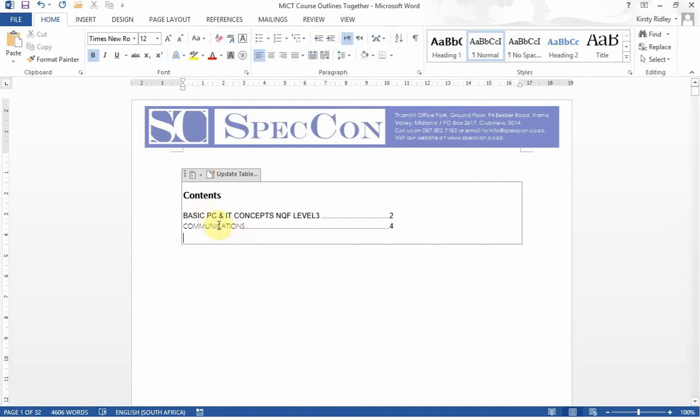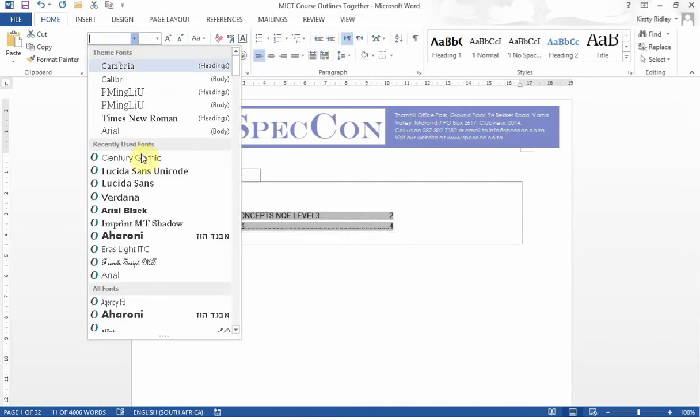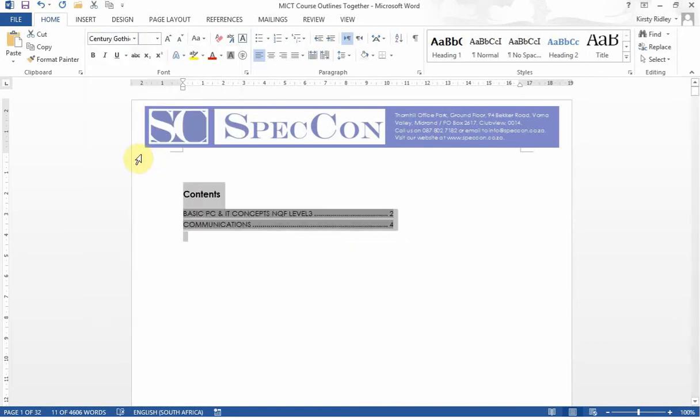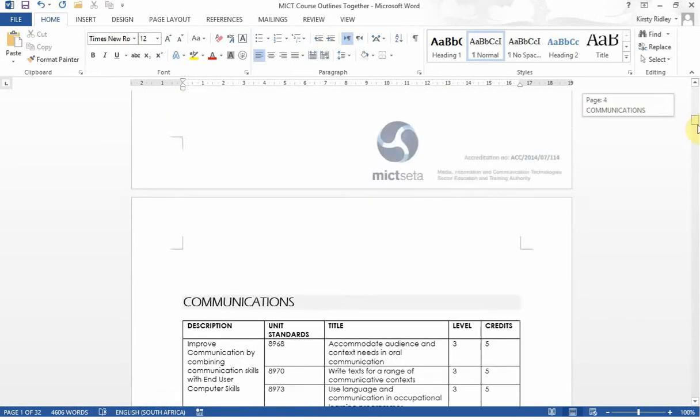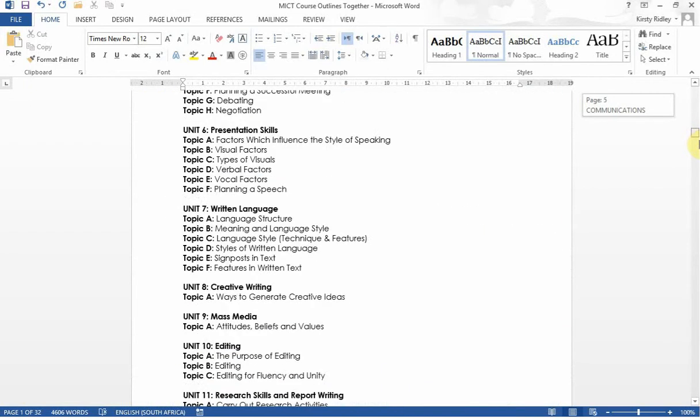Now you'll see the formatting is different. How we do that is we select the text, we go to the font that we require, and there the formatting has changed. I'm going to do it one more time. We go to the next course outline,